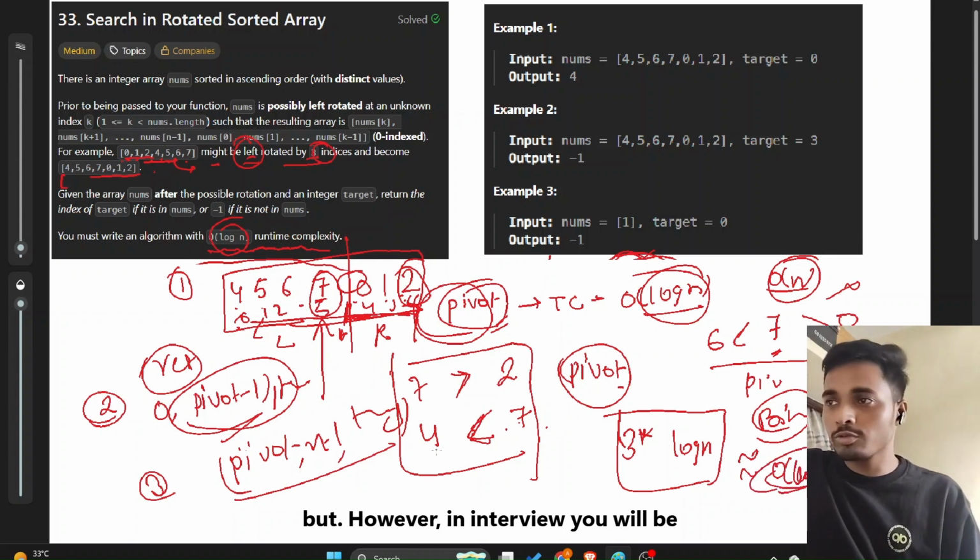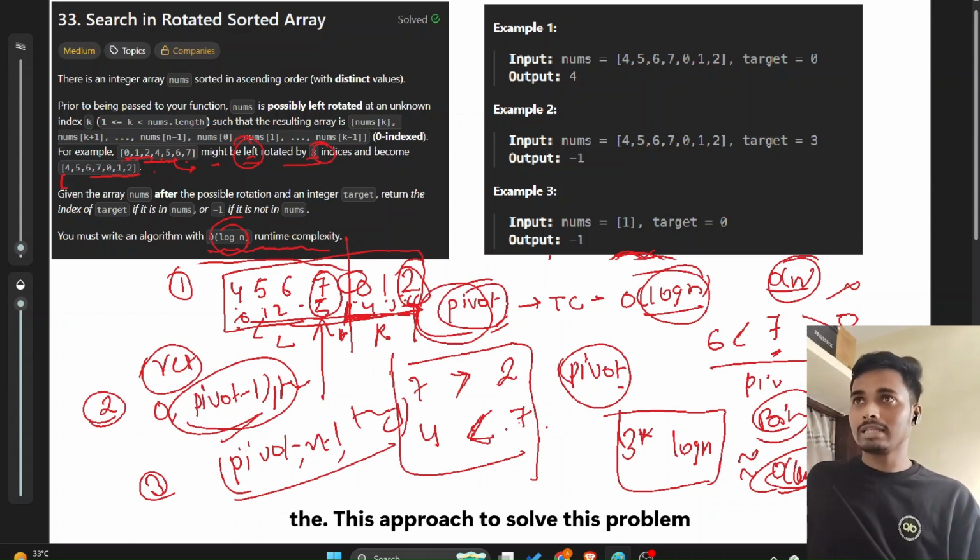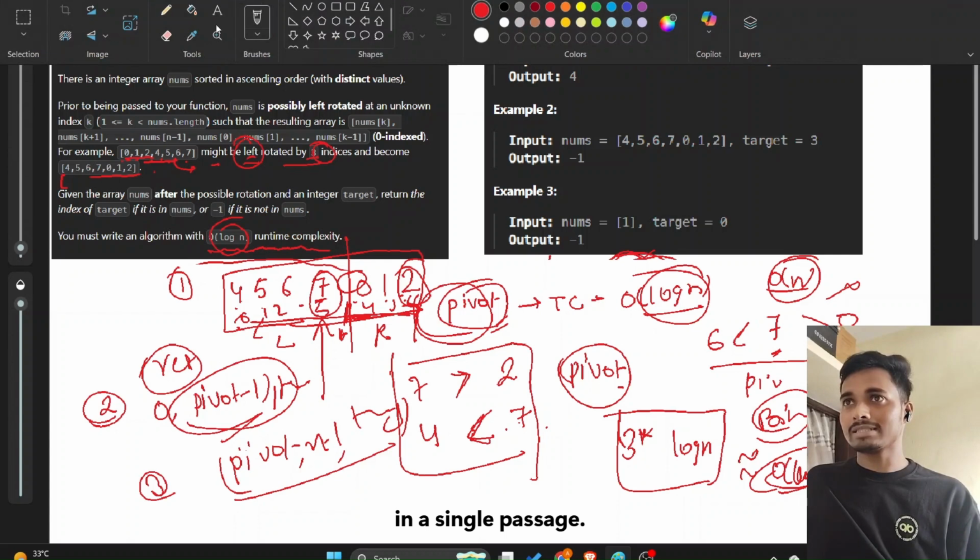However, in an interview you will be asked to solve this in a single pass. So the next approach to solve this problem in a single pass is,